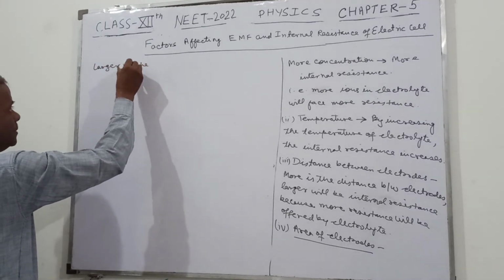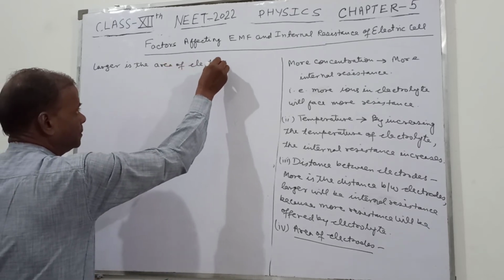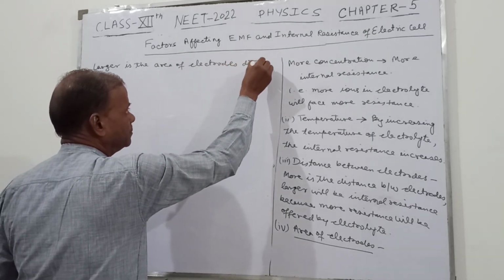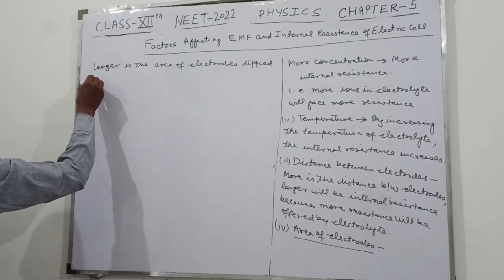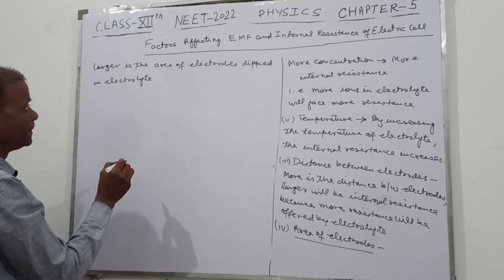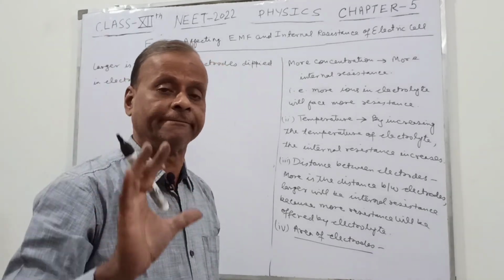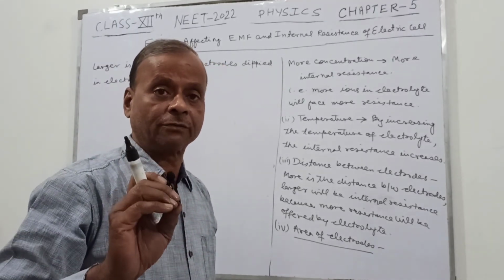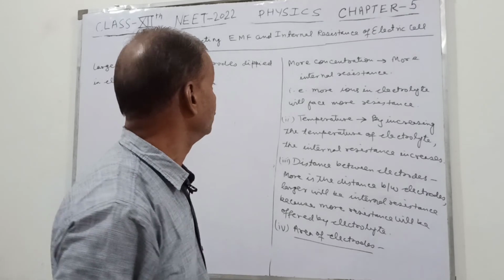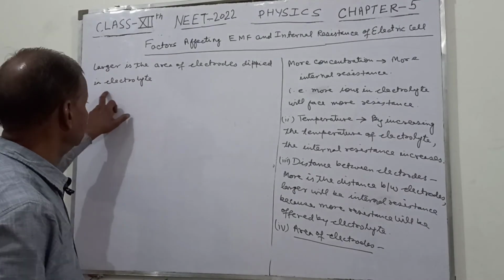Larger is the area of electrodes in the electrolyte. So what do you have to do? You do not have to take the whole area, but the area that is inside the electrolyte. The area of the electrode that is inside the electrolyte. This is what I have written: the larger the area of electrode dipped in the electrolyte,